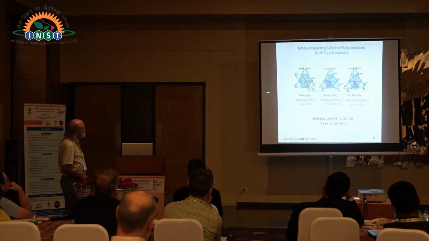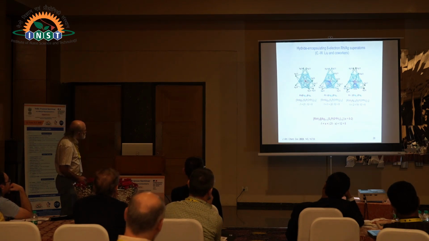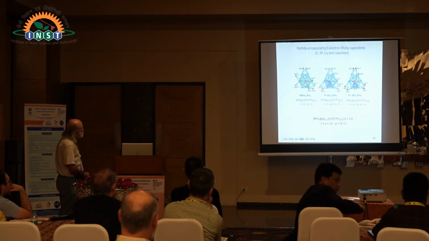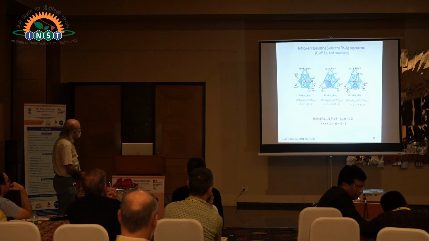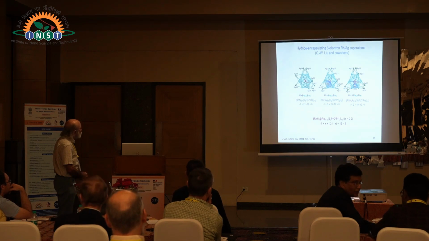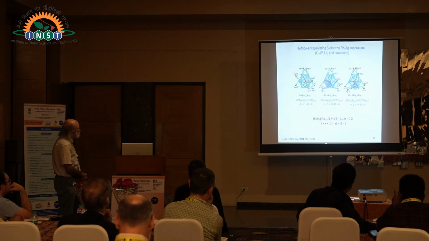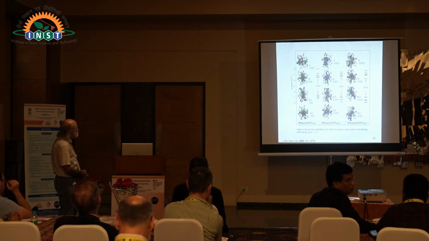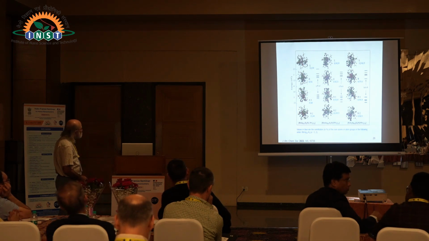More recently, the group of Professor Liu was able to make this very nice series of compounds. This is rhodium now. The number of green peripheral silver atoms is decreasing, and the number of hydrides is increasing: 0, 1, 2 hydrides, and the three compounds have 8 electrons. And this is the same story. I'm not going to discuss it in detail, but we have the same frontier orbitals for the three systems, with 0, 1, 2 hydrogen atoms.